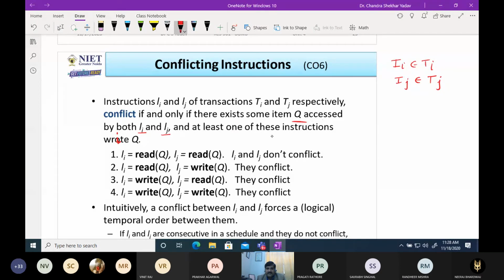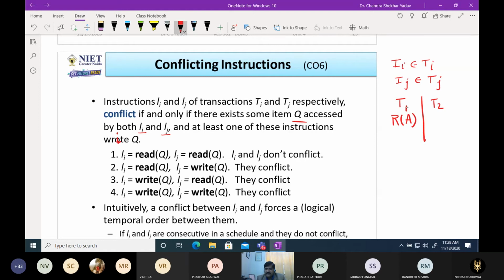So what is the meaning of this? Suppose we have two transactions T1 and T2, both executing and accessing the same data item.